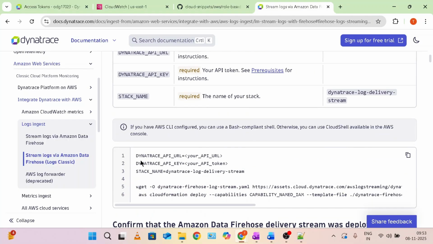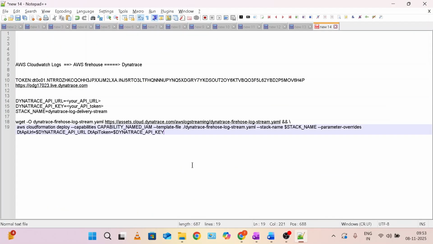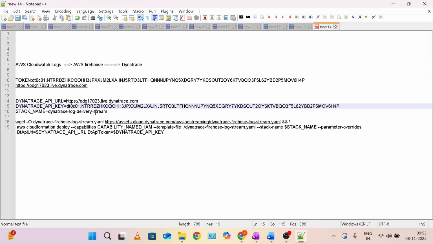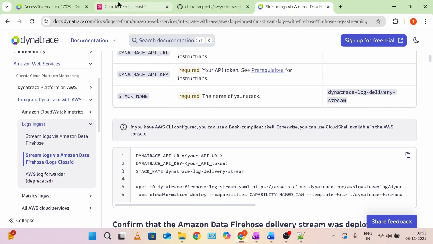Okay, so I just copy these commands and keep them here. I just need to replace this information: one is the API URL and then the token. This is my token. Okay, that's it. So let's apply this. Copy this, go here,